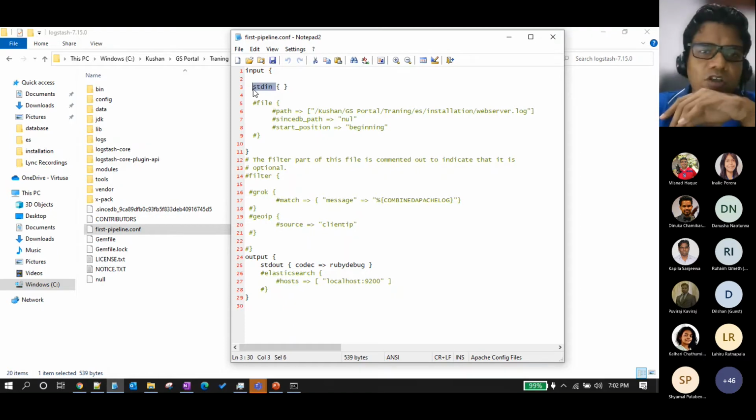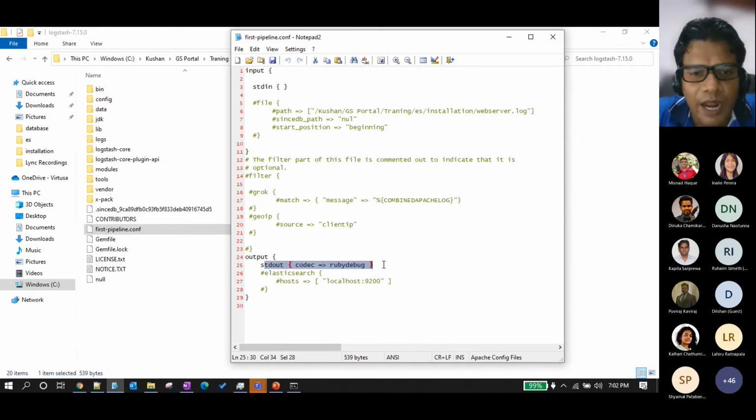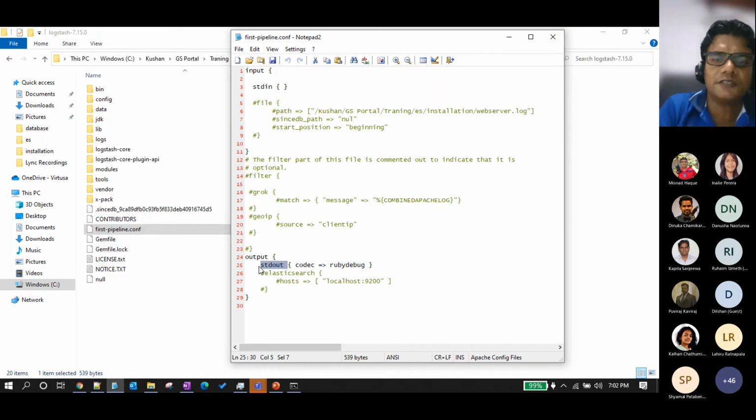Okay, Logstash can understand whatever you input through the stdin plugin. And then for output, this is the stdout plugin. From the stdout, we can output what has been inputted.